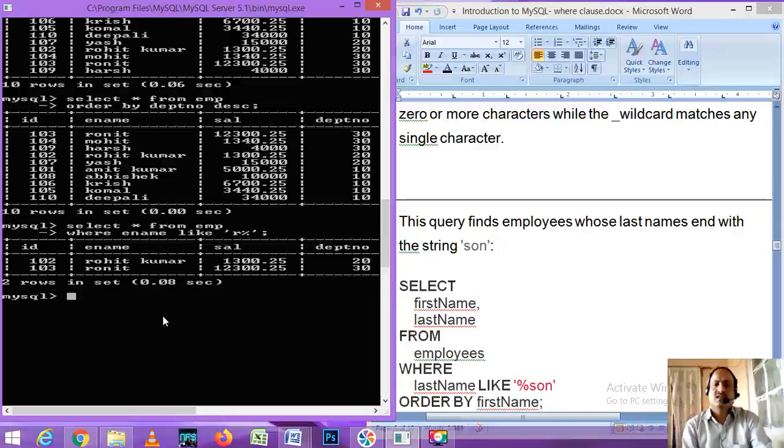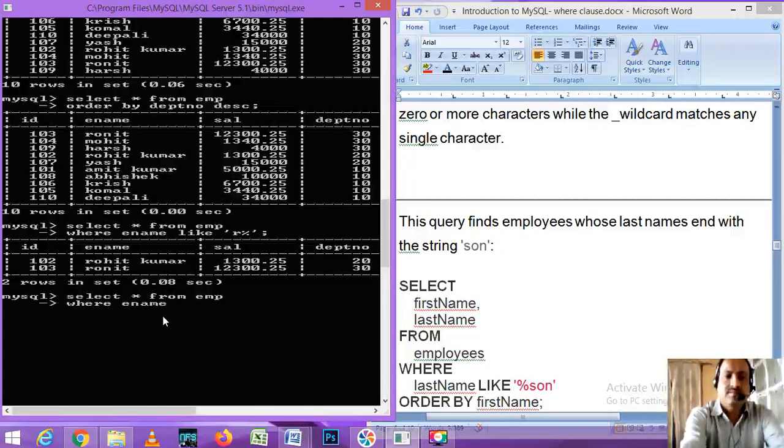Suppose we want the person name which ends with T. You can write SELECT * FROM EMP WHERE ename LIKE '%T', meaning ends with T. If you are going to start with R, you write the character then percent.